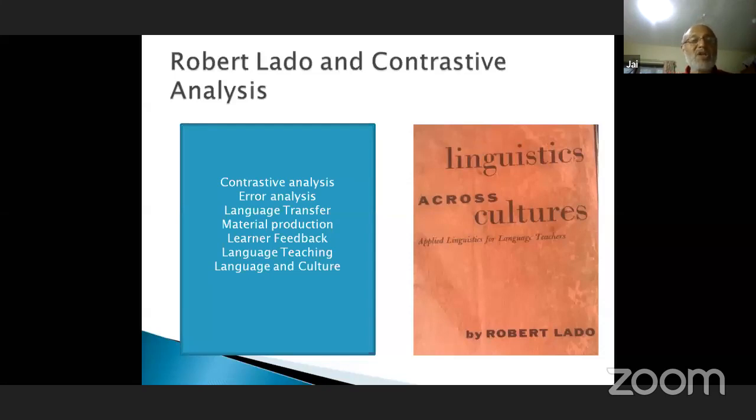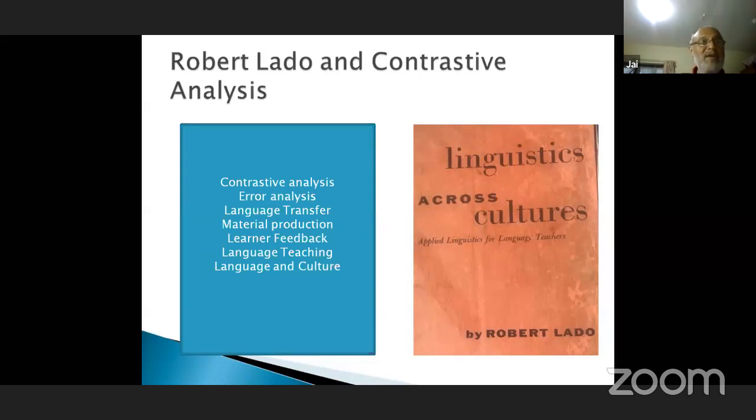There was a lot of research done in second language acquisition in the initial stages in the 1960s and 70s. You could see vehement research in language transfer. My own guru, Susan Gass, and Professor Selinker, did a lot of research on language transfer, and this gave birth to a kind of insight into material production. People thought that we have to compare and contrast two languages in order to produce second language materials, and also talked about learner feedback,